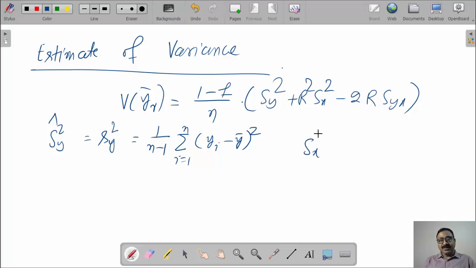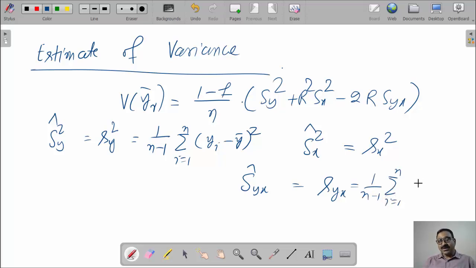Similarly, an unbiased estimate of S_x square is small s_x square, and an unbiased estimate of S_yx is small s_yx, that is equal to 1 by n minus 1 summation i equal to 1 to n, y_i minus y bar into x_i minus x bar. Now using this estimate of